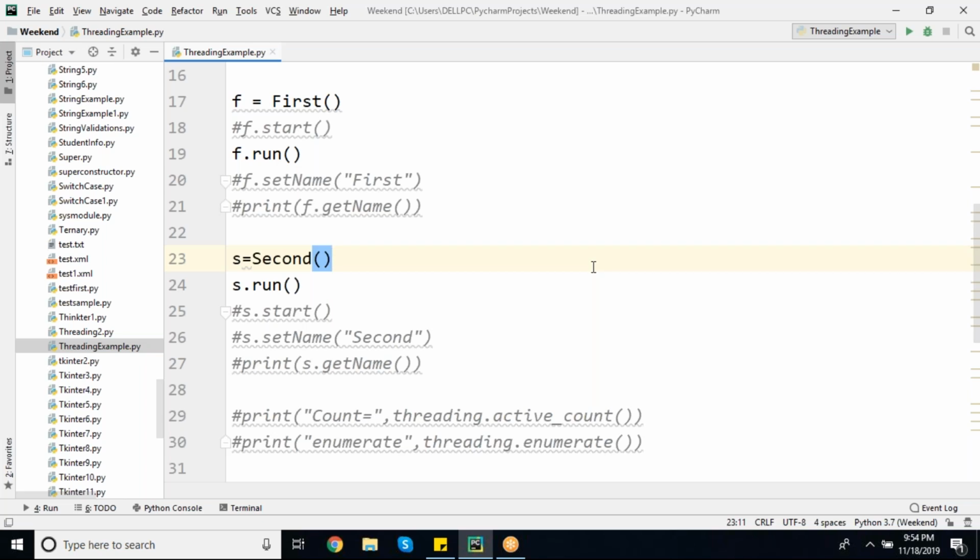Once he got that particular link and credentials, even if his class is done, he won't give me the chance to take over the classroom. Got my point, right? He behaves like a thread.